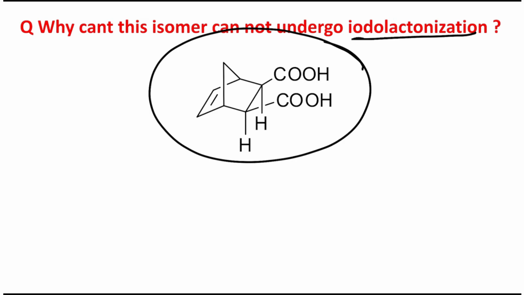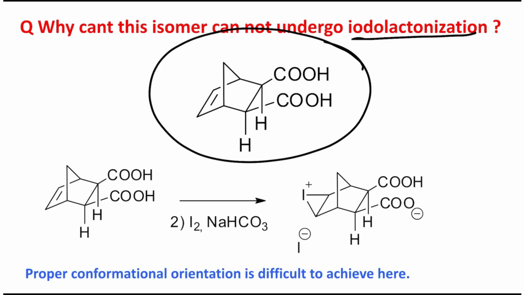See, students, remember, for any reaction to happen, two things are needed. One is energy matching, the second is symmetry matching, and in the category of symmetry matching belongs proper conformational orientation. I repeat, proper conformational orientation, because if it does not have proper conformational orientation, it can't form a bond. An electron is not like a ball that I throw from here and you catch 100 meters away. It's not possible. It's like a handshake: two hands come closer, they can hold each other properly so that they can shake.